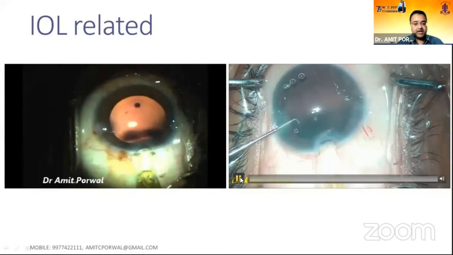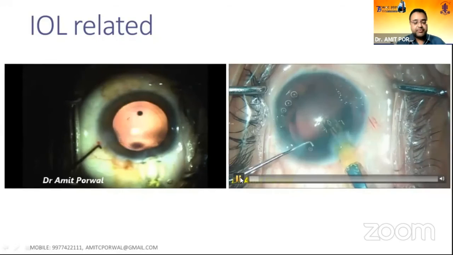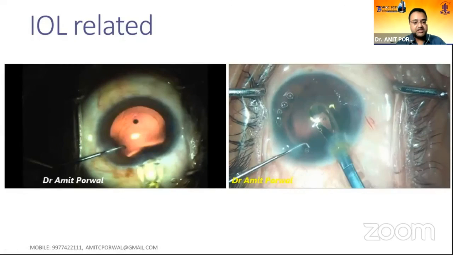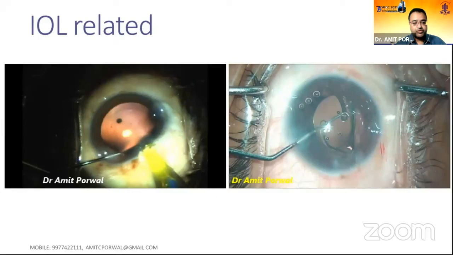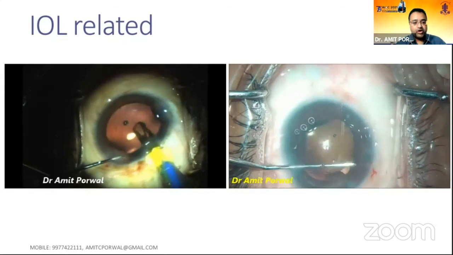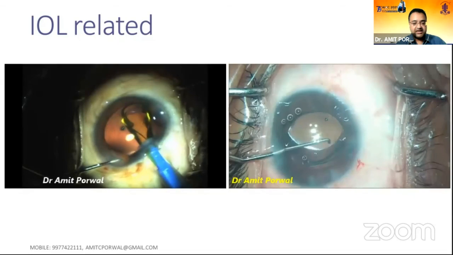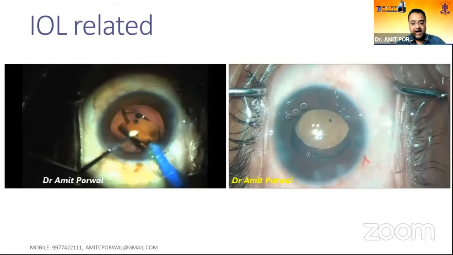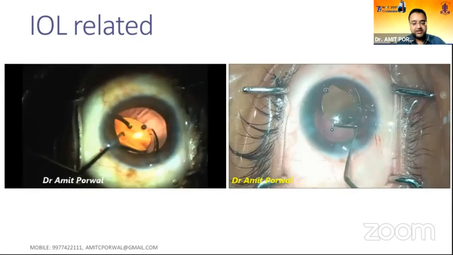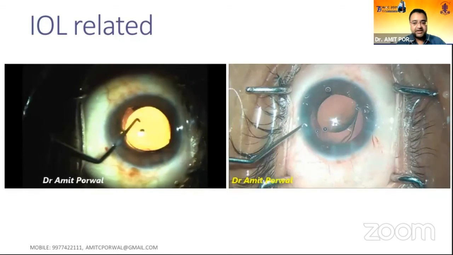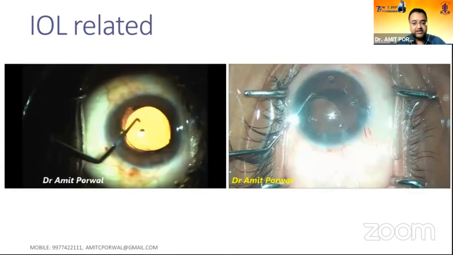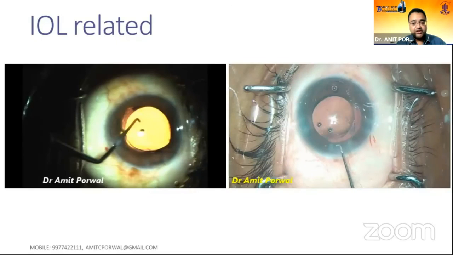So when you are injecting the IOL, the temperature of the OT is very, very important, especially when you're using a hydrophobic IOL. If your temperature is too cold, you can see in the left-hand video that the trailing haptic is stuck in the cartridge. In the right-hand video, the IOL has rotated because of the temperature. The IOL is hard and it has rotated and flipped and has been implanted on the wrong side. So now we have to flip it in the anterior chamber.